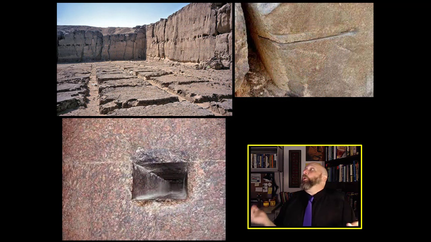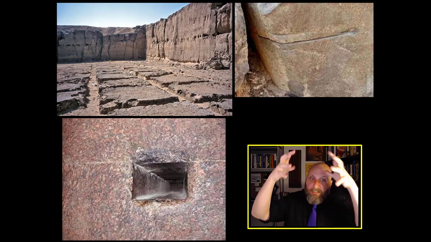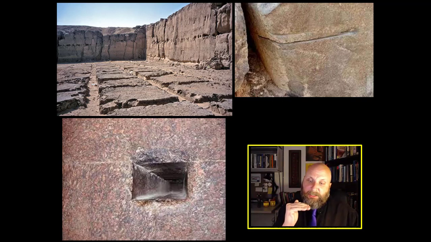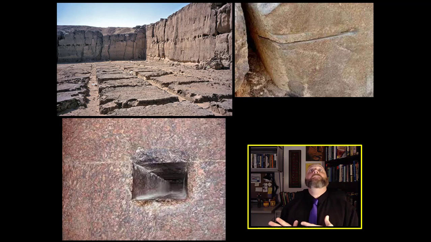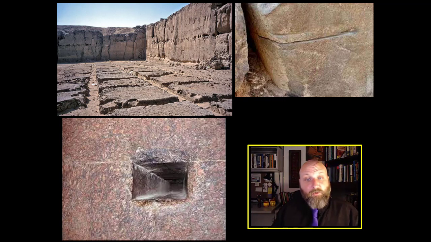And finally, there are quarries. We know where these huge blocks that built the pyramids come from. And we know here they are. And you can literally see this field where they would basically cut down into the bedrock. They would basically cut the top, and then they would cut the sides of the bedrock, and then they would slice out from the bottom, and then they would have a huge stone which can be tipped on its side or a sled, and then move to the construction site. And up there on the upper left, you can see there's the stumps of these construction blocks.